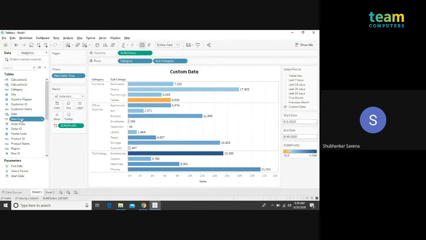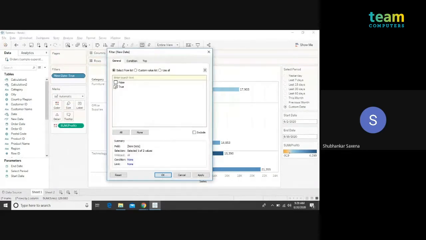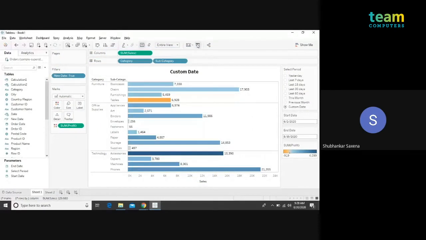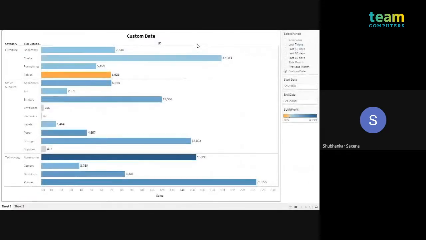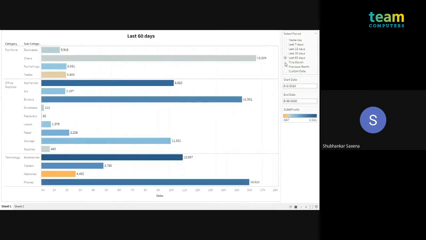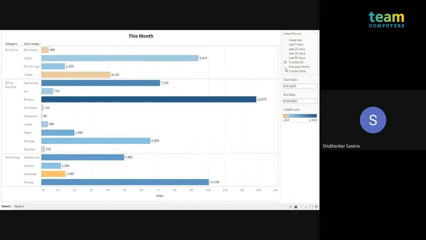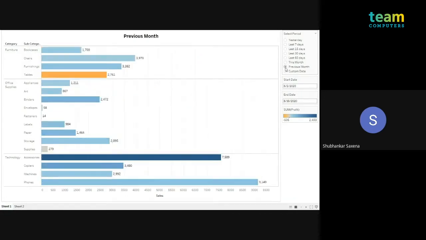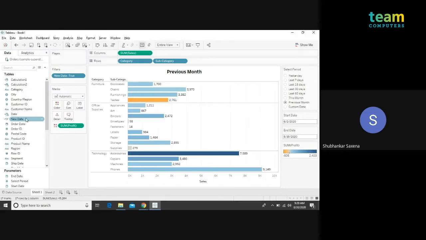I will drag my created date on the filter part, select true, and OK. So now my parameters are active for this particular visualization, and I can use any of the parameters to customize my visualization. And if I use this Boolean calculation which I've created right now in every sheet which you want to design for your dashboard,